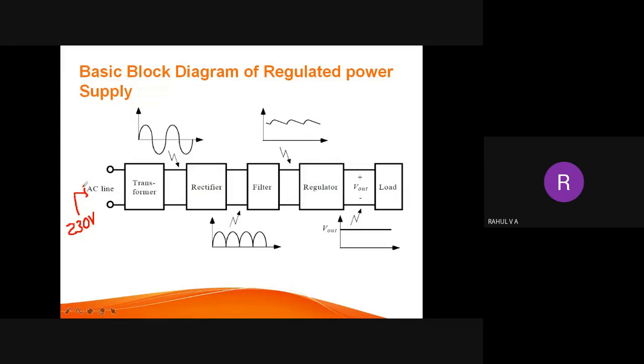The charger, the mobile charger that you require to charge the mobile phone, has an output of some 5 volt, 5.1 volt. If you check the charger, you can see that the output is some 5.1 volt. So first we need a transformer to convert it from 230 volt to 5 volt.